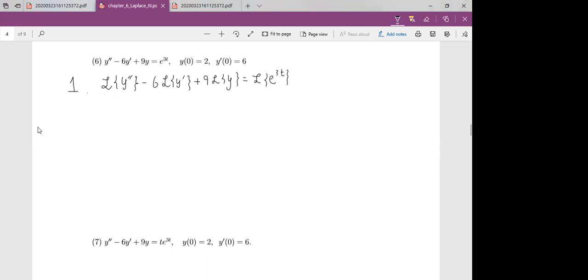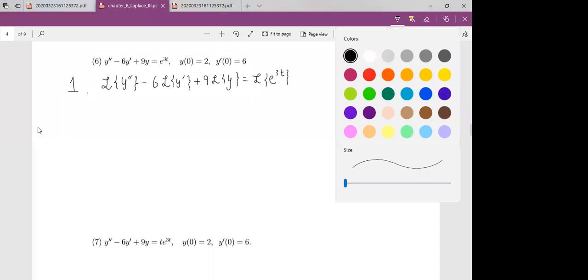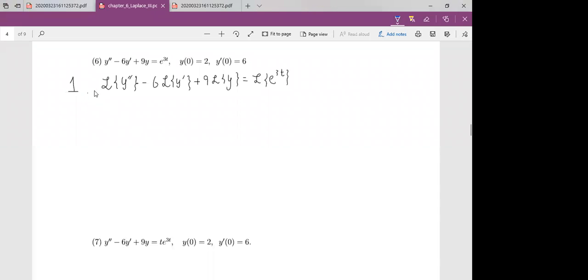Good. And again, you can replace the first term by some expression in s and y. This is s squared, capital Y, s times y of 0, y prime of 0, and then